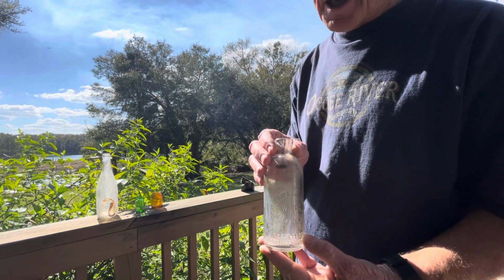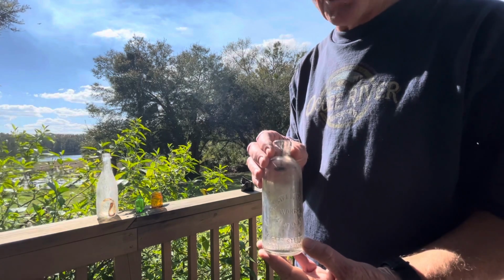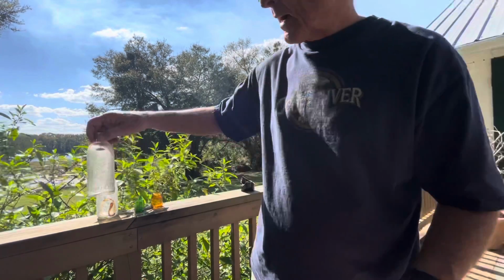And that tells me that my earlier theory, if you will, on what kind of establishment these bottles came from was either a bar, saloon, or a brothel. No sodas. And so if there's no sodas and it's all liquor, or these quack medicine bottles that had a high alcohol content, I think that's what